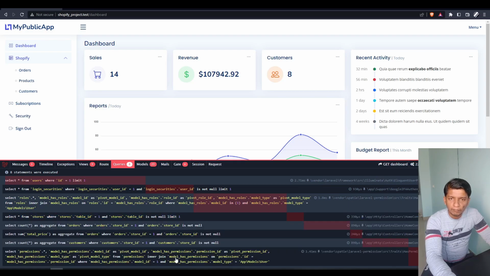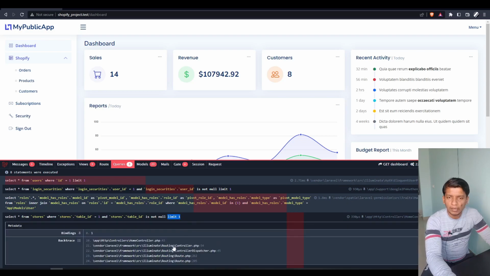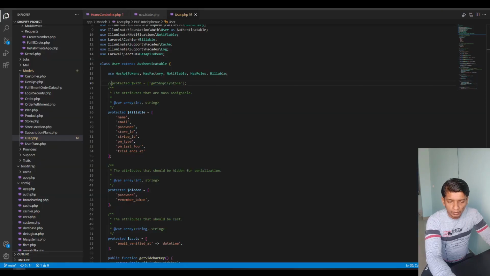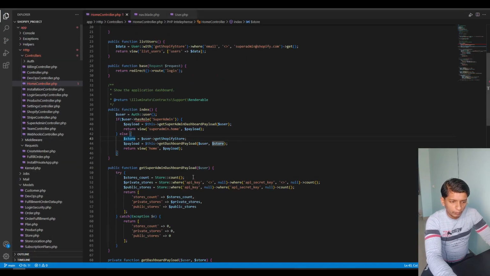So this is what I mean by the HasOne relationship. The HasOne relationship will automatically put the limit 1 at the end of the query, and it will return you a model object type. So also let me show you when I do